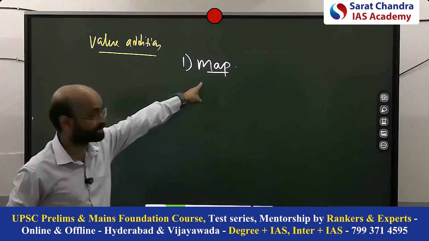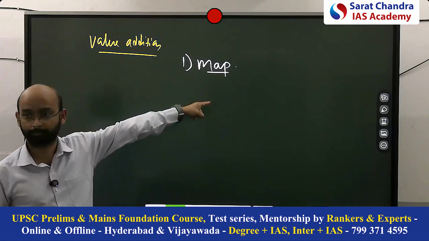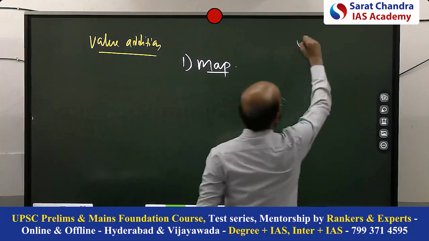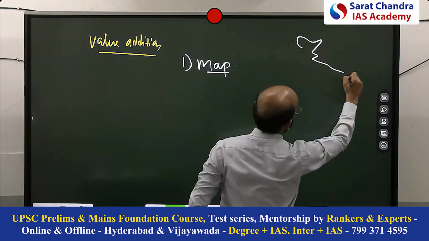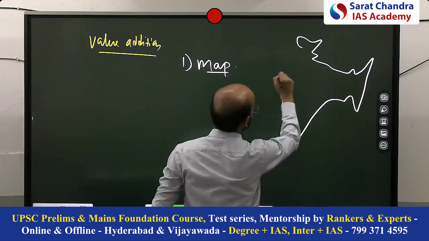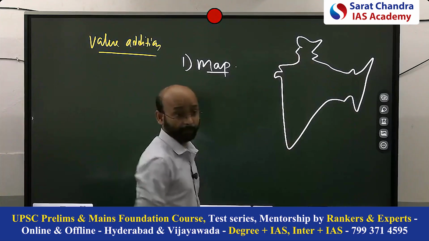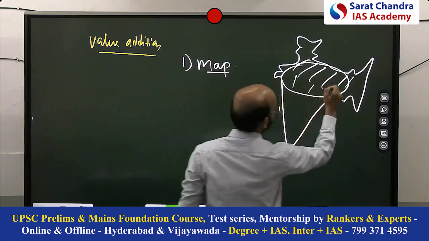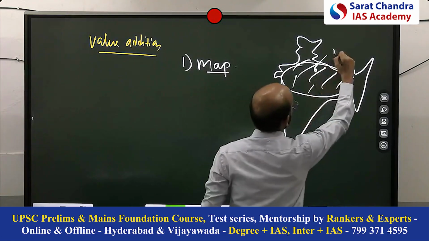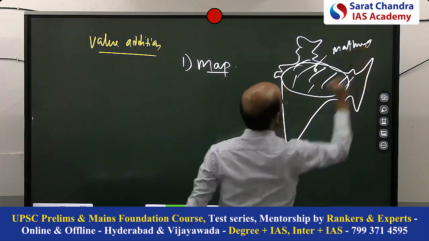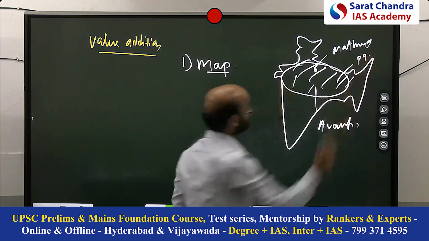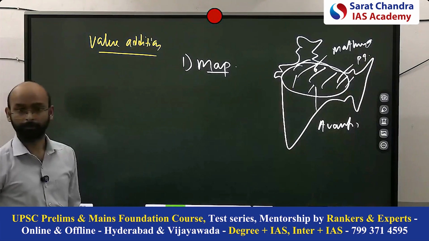Place we will mention on the map, to show the map of that region. So a small map we can make on the side. For example, Gupta period. Just highlight this region. This was the Gupta period. Mention some important places like Mathura, just 2, 3. Avanti, Patliputra. Like this. Done.